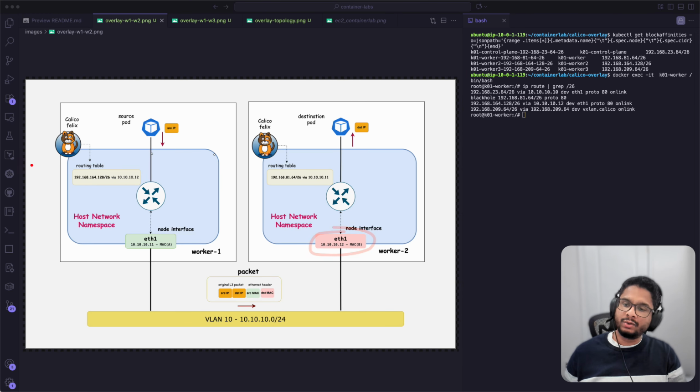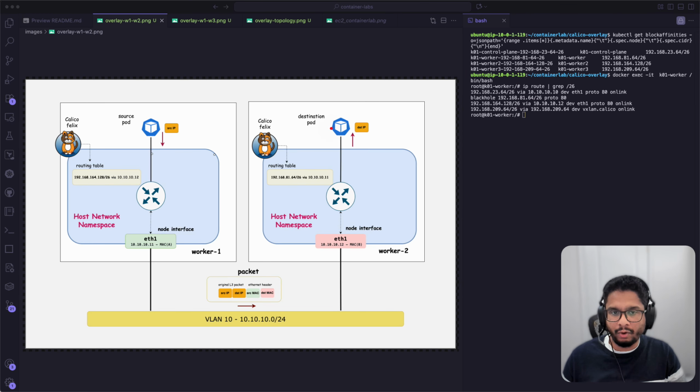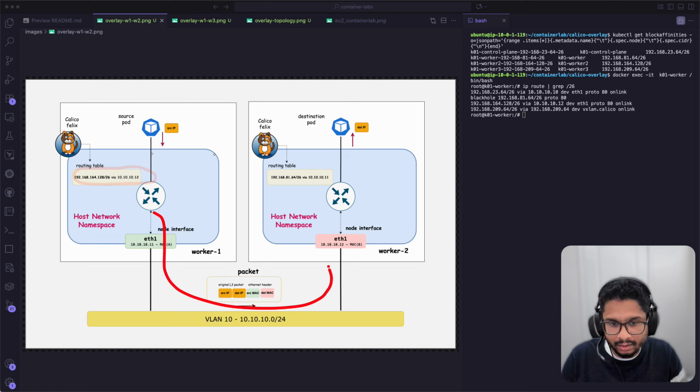So essentially in the routing table for the IPAM block assigned to worker 2, and remember the pods in worker 2 will receive an IP from that IPAM block, when the pods in worker node 1 have to communicate with pods in worker node 2, those packets will be forwarded to the